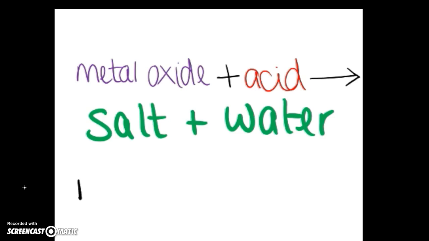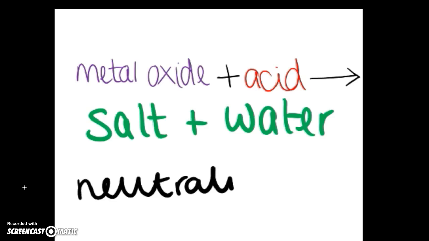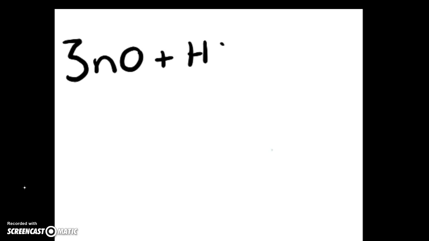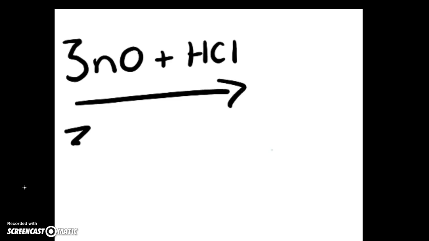This reaction is a neutralisation reaction, where the acid reacts with the metal oxide to give a neutralised product, the salt, and water. To demonstrate this, we'll give you an example. Zinc oxide plus hydrochloric acid gives zinc chloride and water. However, as you may have noticed, the equation is not balanced, and this brings us to our first chemistry rule: